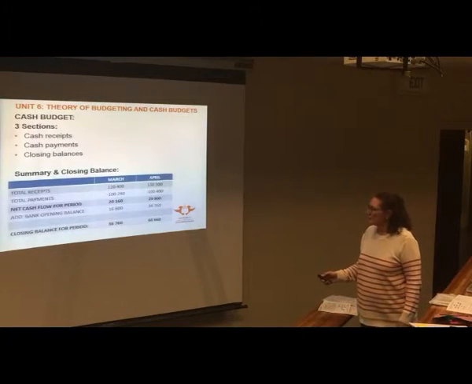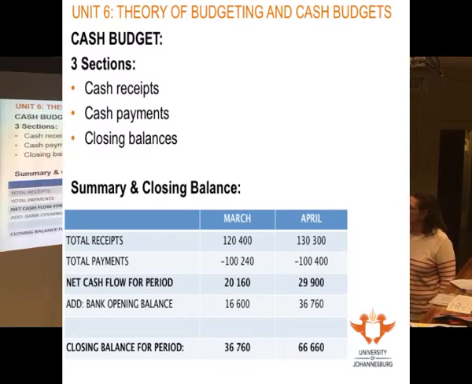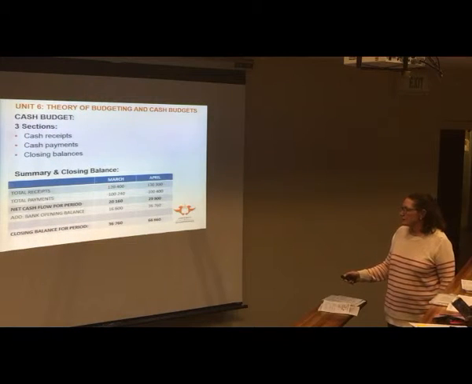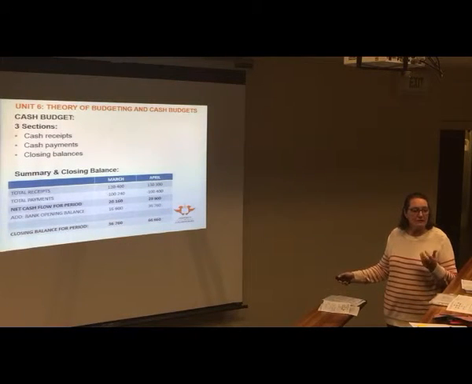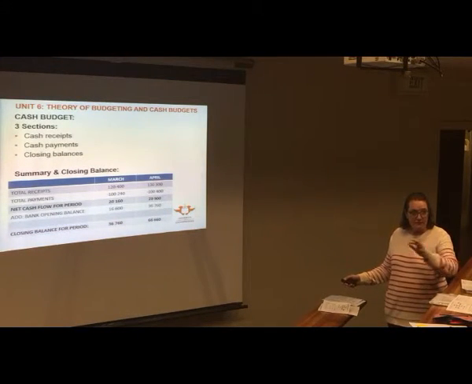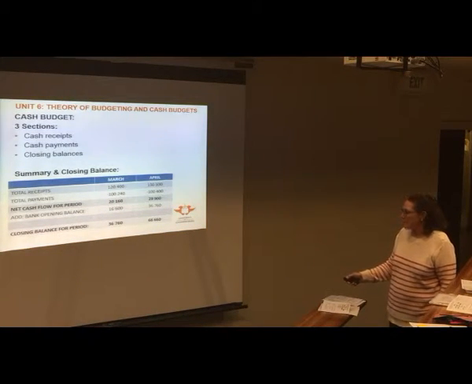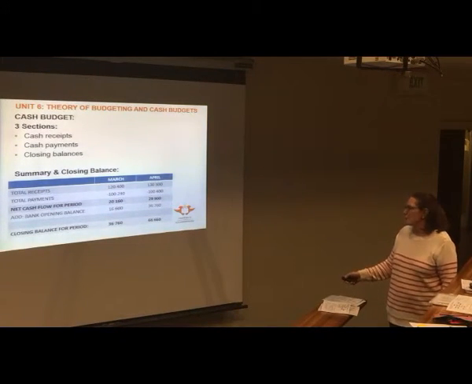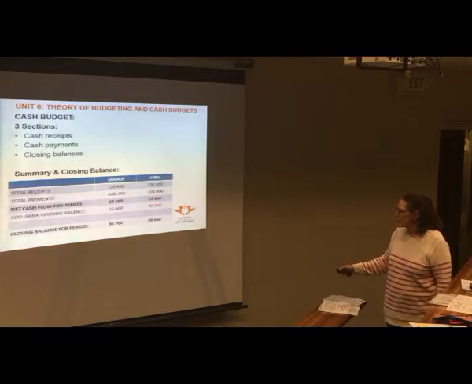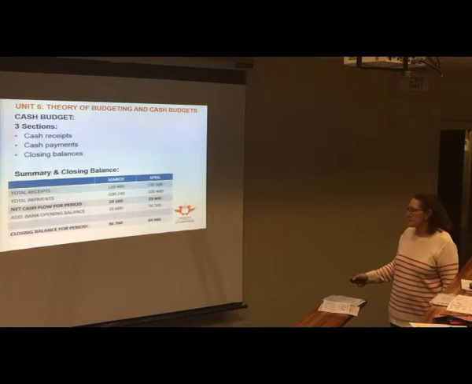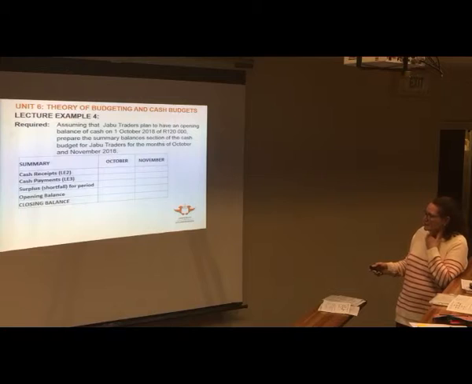Right. So now, we've got to look at the closing balances, okay? So we take the total receipts, subtract the total payments, we get the net cash flow for the period. You will always be given the opening balance. This is not related to the question you've just done, this is just a separate example. If you take your opening balance of the bank, plus your cash inflow for the period, you get your closing balance. Your closing balance from that period becomes your opening balance for the next period, plus your cash inflow becomes your closing balance. So now we're going to do it for the example that we've just done, okay?